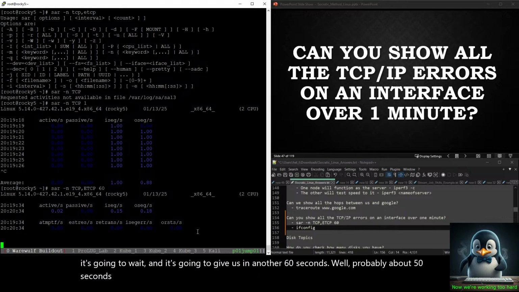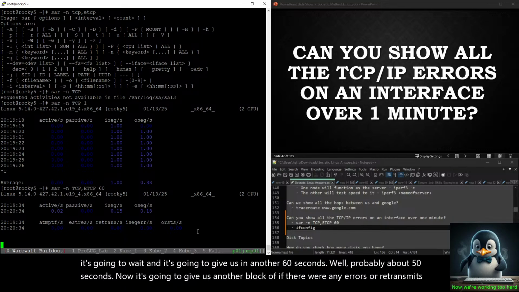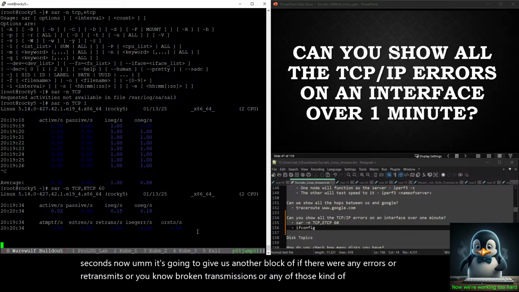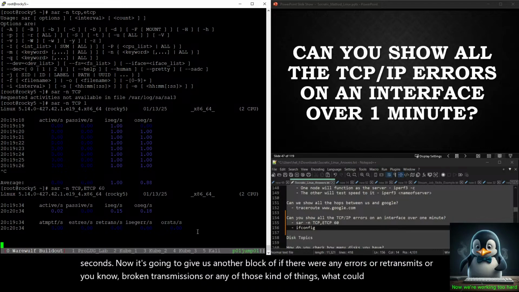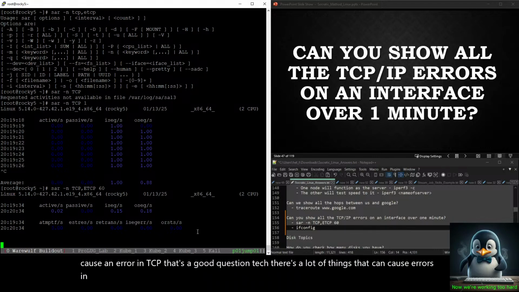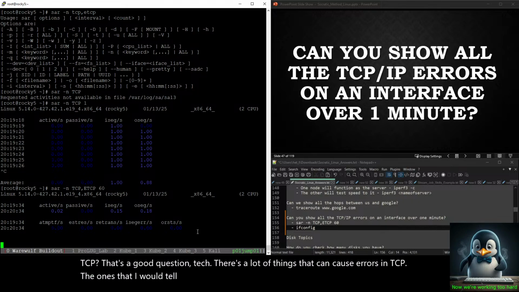it's going to give us another block of if there were any errors or retransmits or, you know, broken transmissions or any of those kind of things. What could cause an error in TCP? That's a good question, Tech. There's a lot of things that can cause errors in TCP. The ones that I would tell you are,